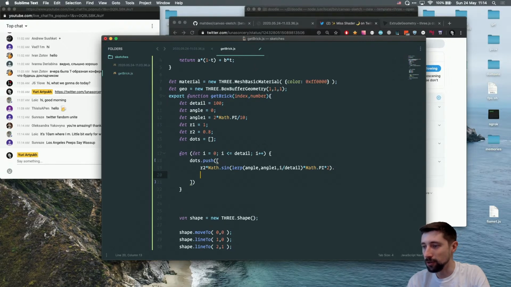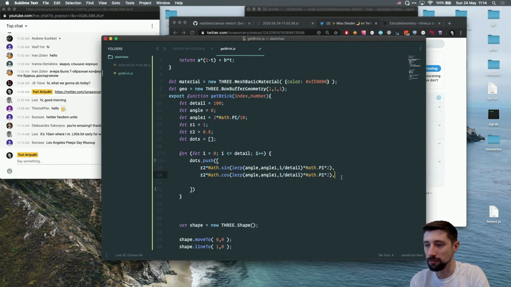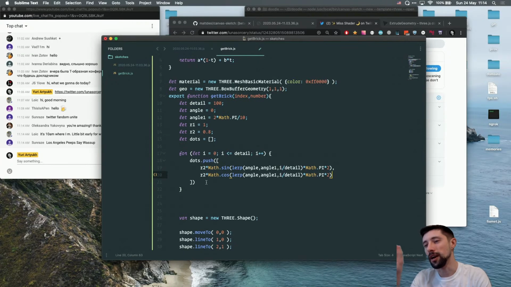And then the same for the cosine, because this is how you drew the circles in math. Just take sine and cosine from the same angle, multiplied by the radius, and you're done. This will create this small part of the circle. And then I need to create the big one too, so I'll create another loop,